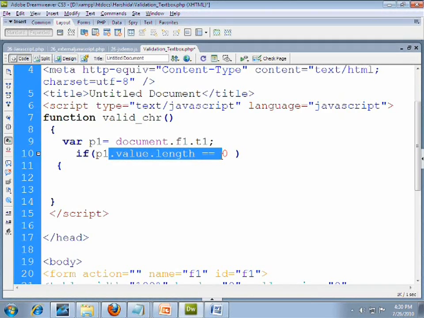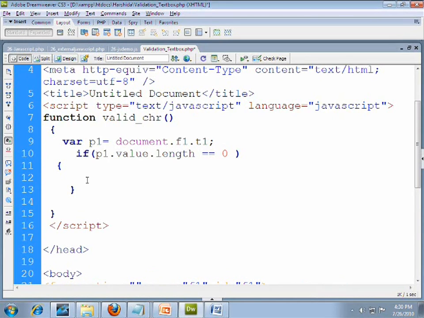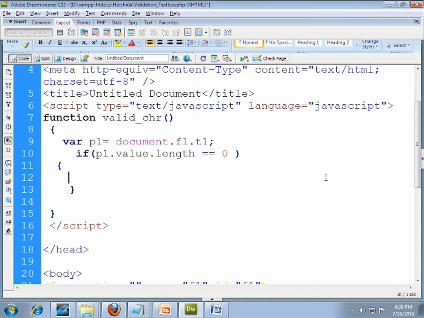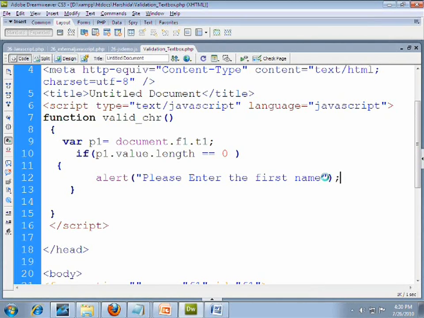If the length is equal to 0 or null, at that time it will show me the alert message: please enter the first name. So we write our alert message. I just copy my code over here and paste it. So this is my concept.